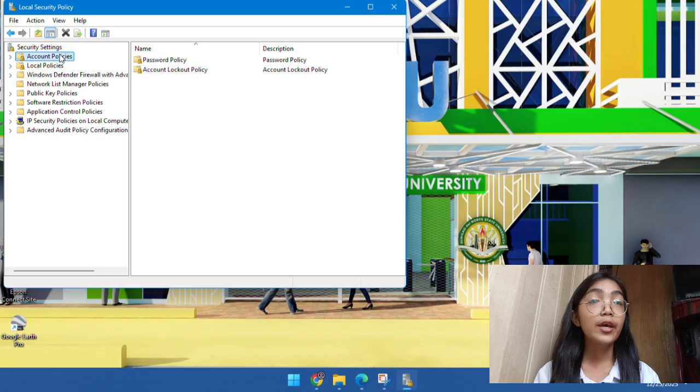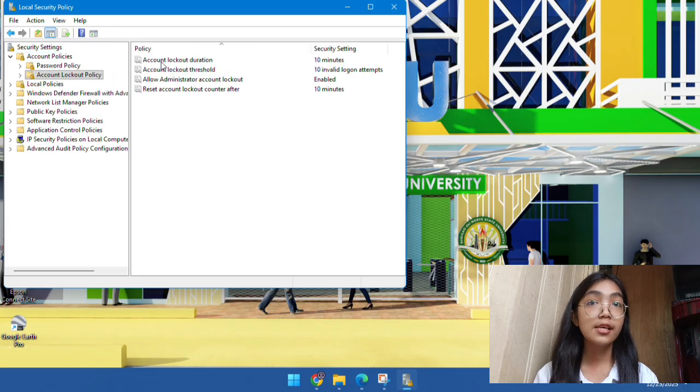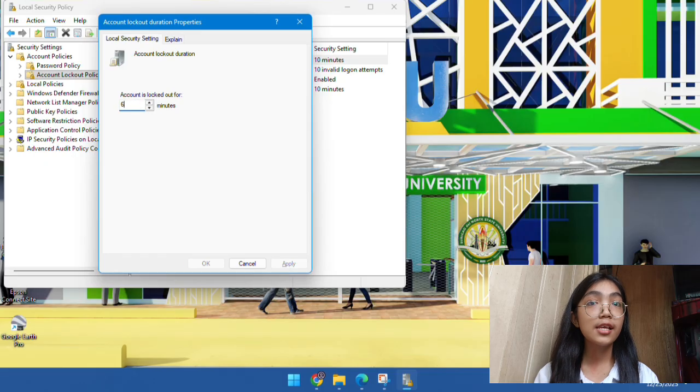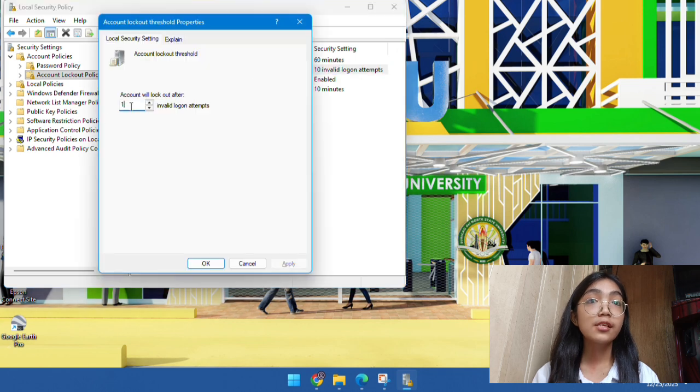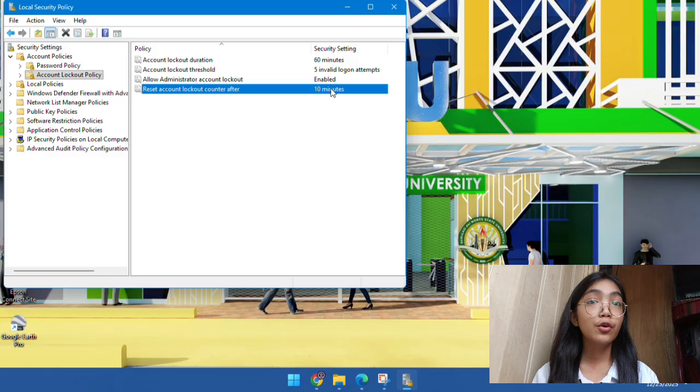Here we configure the following settings: set account lockout duration to 60 minutes, set account lockout threshold to 5 times, and set reset account lockout counter after to 60 minutes, to ensure that the system will prevent unauthorized access by limiting